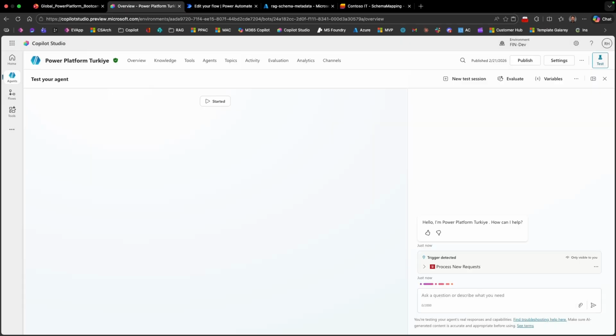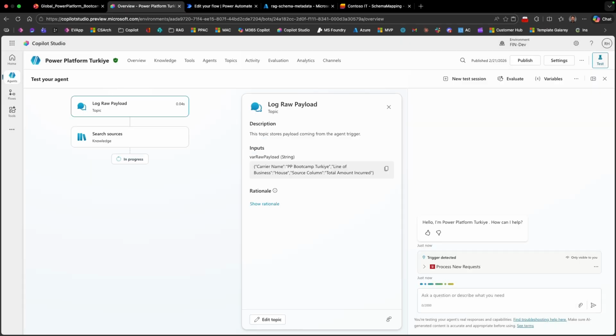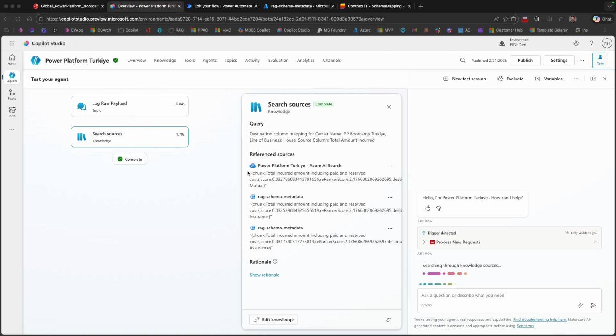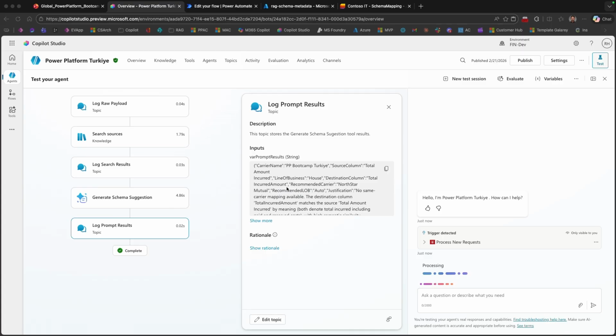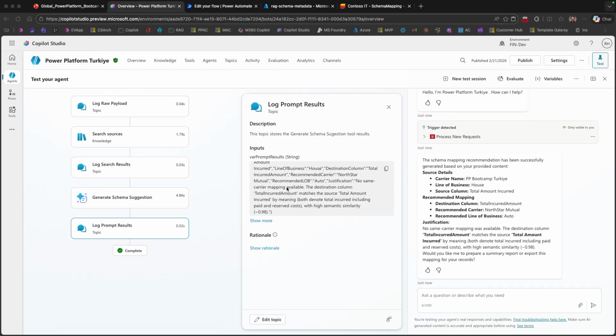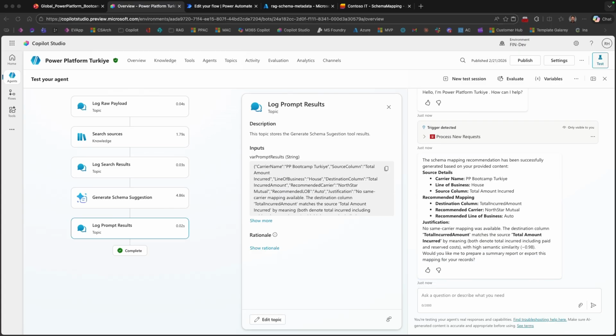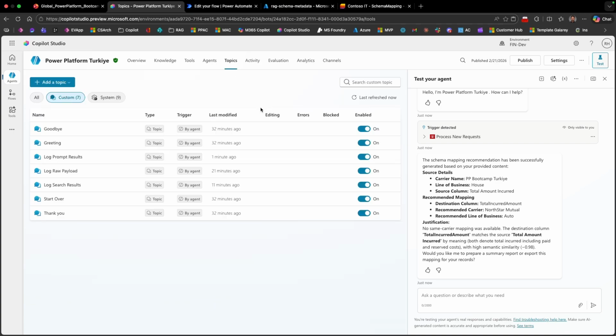Click test. So as you can see, all the steps, how we arranged them, it's basically following the same exact steps, and here are the results you can see. So what do we need now? We need to create a topic, and the topic will help us create an agent flow and save the results in